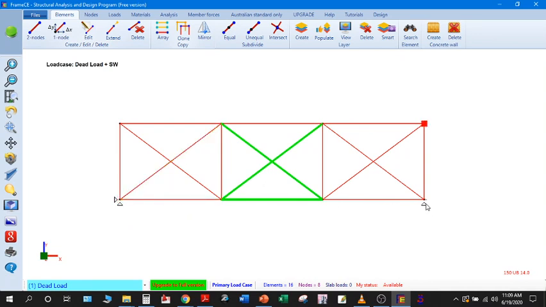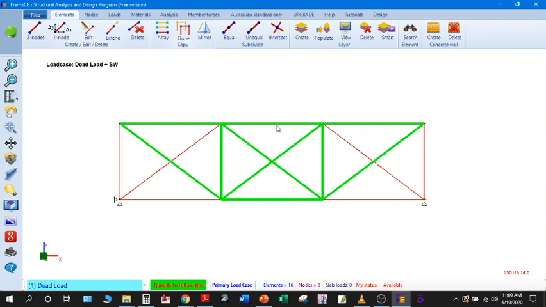So be sure not to select the elements which are connected to the supports. Alright, so these are all of the elements which are not